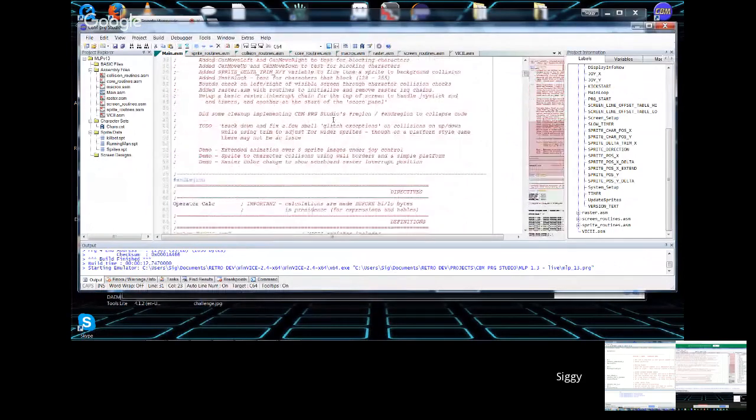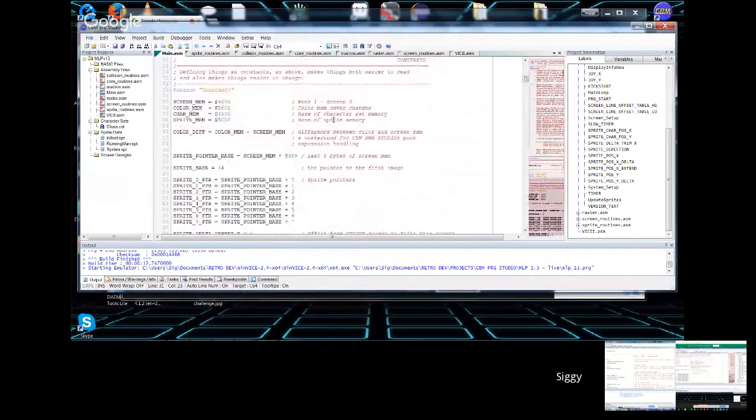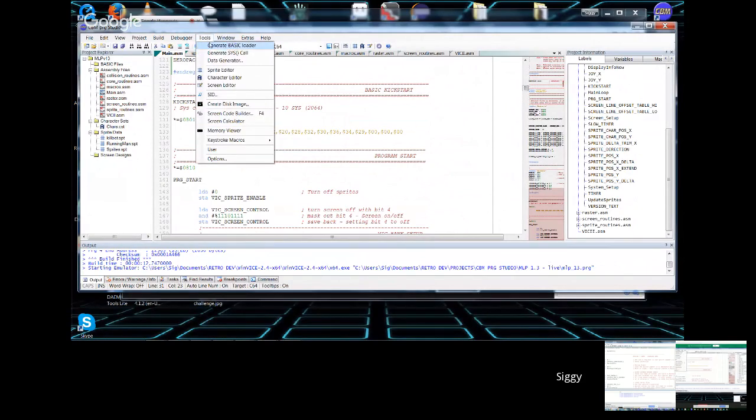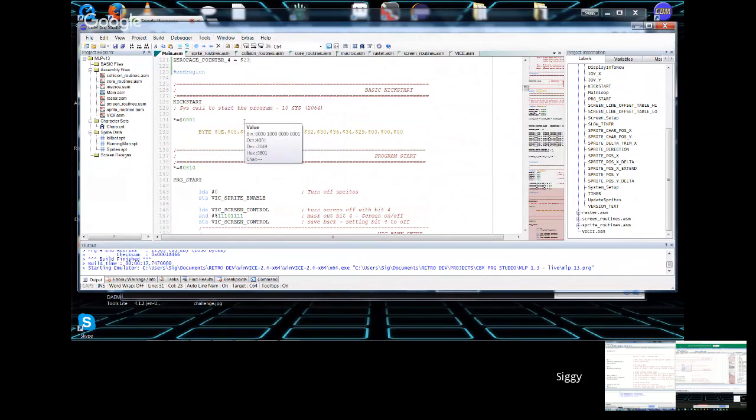our project, I'm going to start at the beginning here because, like I said, this is something I thought really needs to be explained to people. Right here is our kickstart SYS call to 2064. It's something that's automatically included up here. You have a generated BASIC loader or a generated SYS call, and the software is more than happy to plonk it in for you. And that's well and good up until